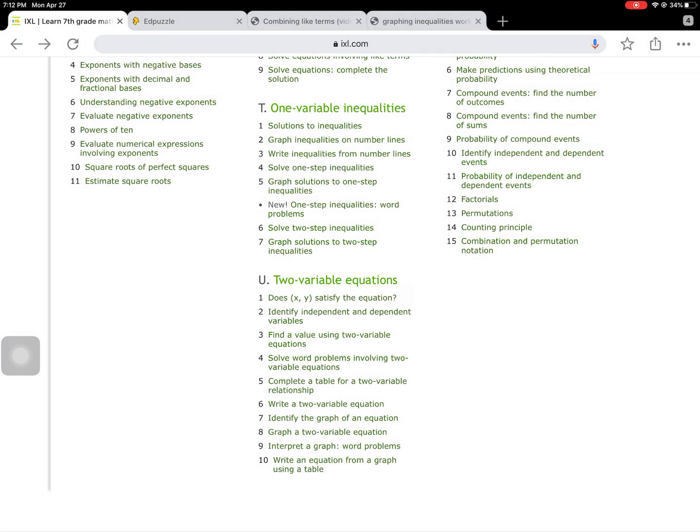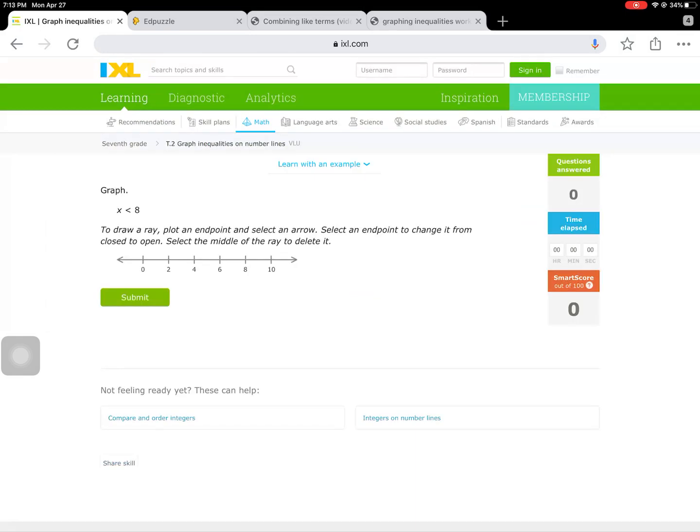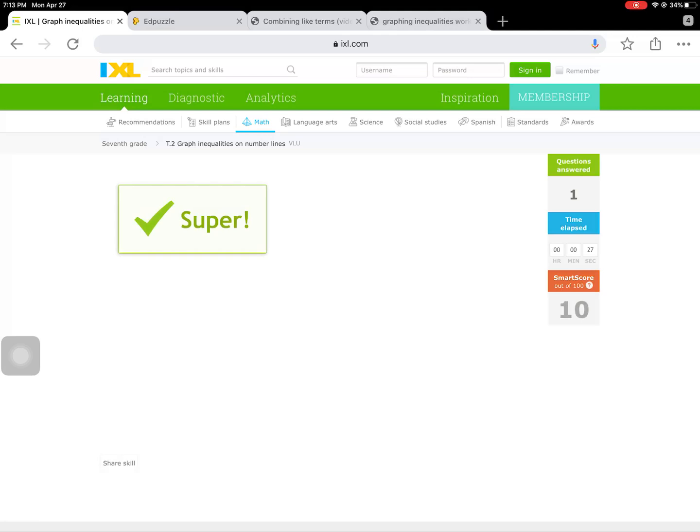Now let's actually pull up IXL so that you can see how we are going to graph inequalities on the number line using this program. x less than 8. So we know that we have an open circle. In order to get an open circle in IXL, you need to tap 2 times, and then in order to place the line on the number line, you need to click the endpoint that you want it to point towards. So we want this line to go towards the left, so we're going to click over here by the 0